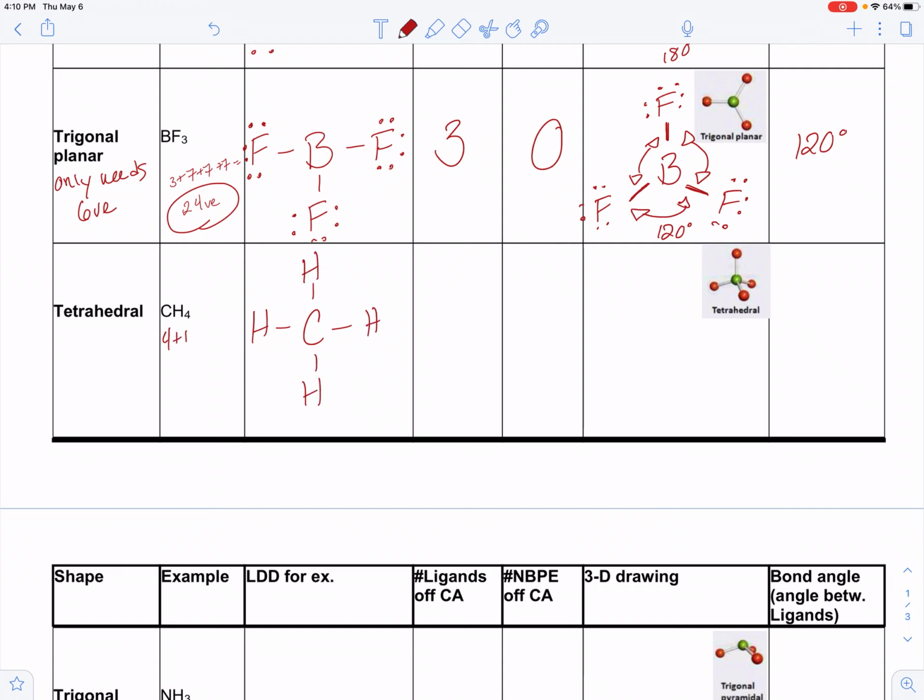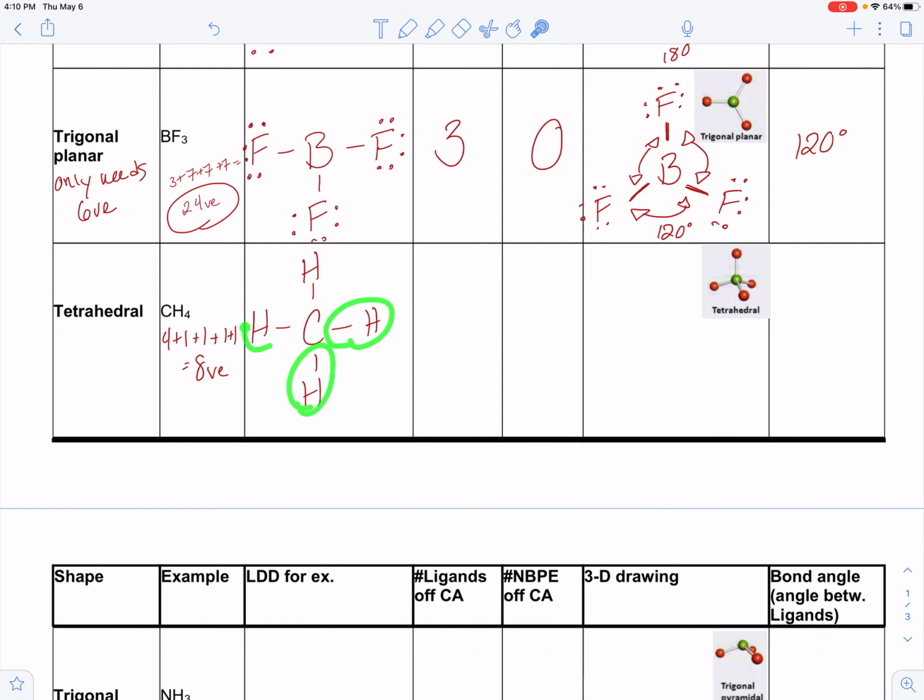Carbon brought 4. Each hydrogen brought 1 valence electron. So I get a total of 8 valence electrons in my picture. Everybody's happy. Remember, hydrogen is an exception because it only wants 2 valence electrons. Carbon has its 8. So when I'm looking at this picture, I see my central atom, which is carbon, has